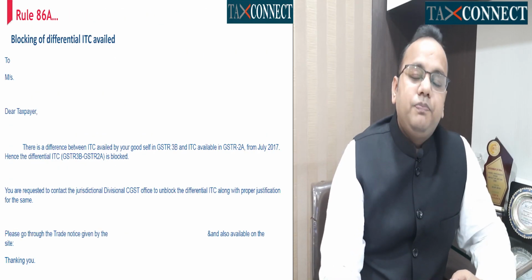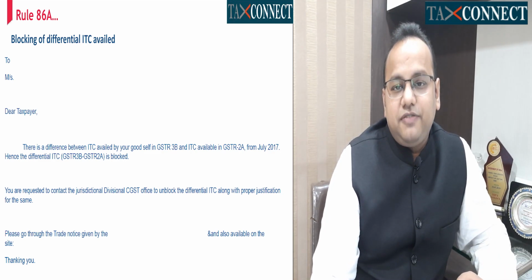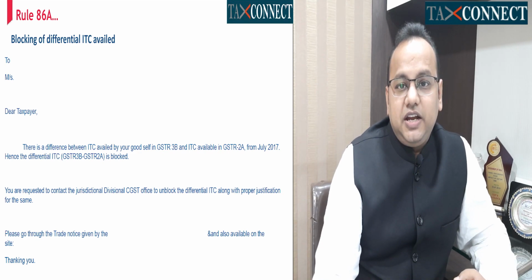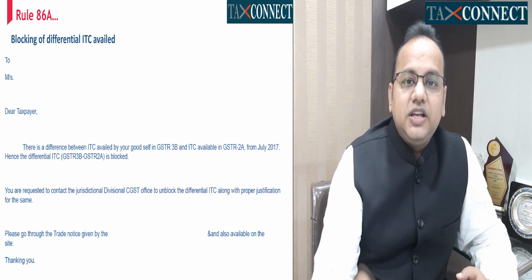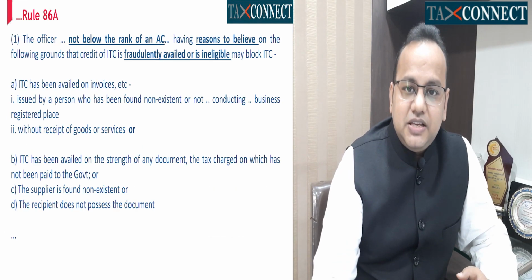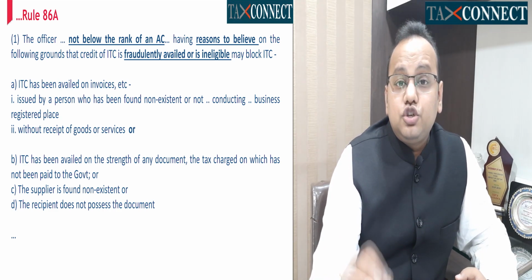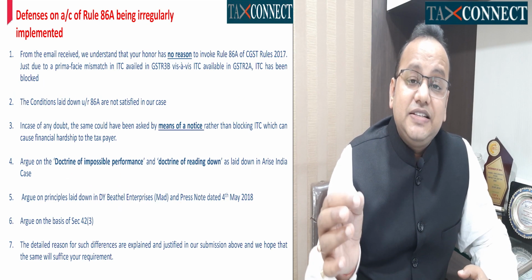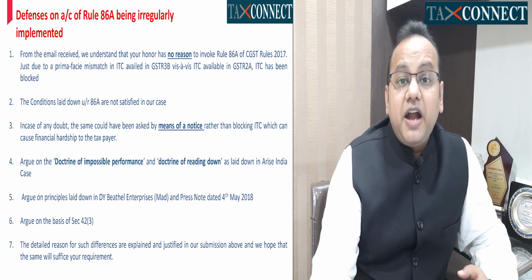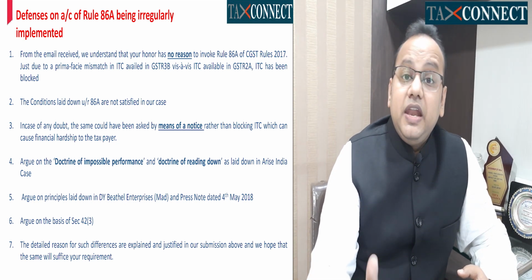So in this backdrop, in case a notice under Rule 86A is received, it has to be contested on various grounds. Number one, in case the notice does not specify the reason, it should be prayed that the reason for blocking of input tax credit should be provided by the department, as Rule 86A itself states that the department should have reason to believe that a fraudulent or ineligible ITC has been availed. Next,